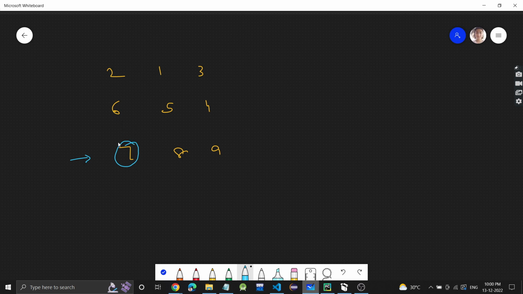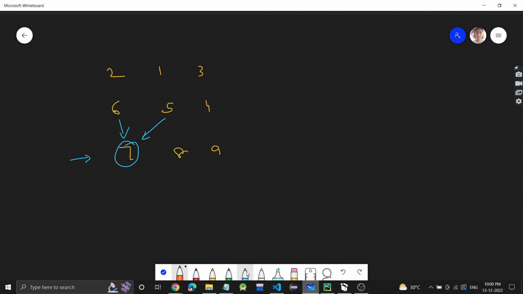We can reach this 7 either from here or from here, right? We have two options for the 7. Either from the same column in the previous row, or the previous row's next column.